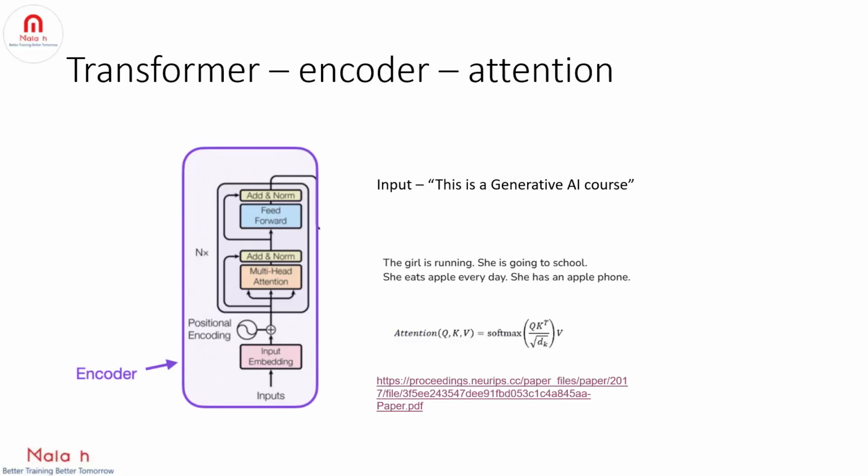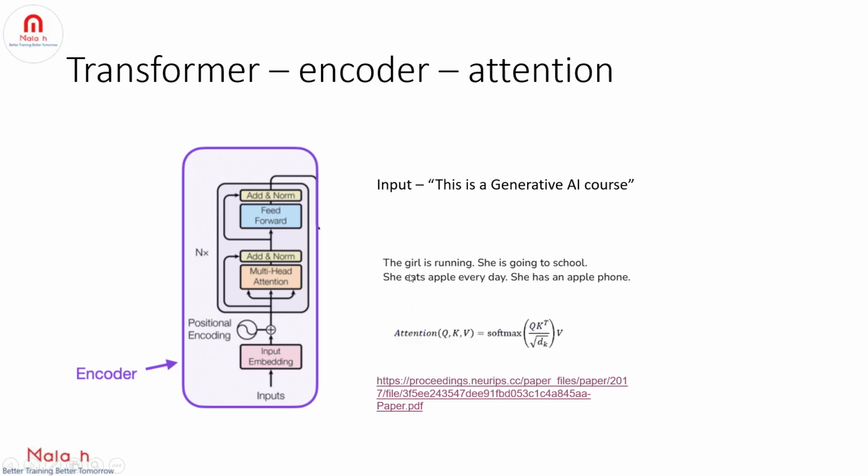And once you have the attention score, the next step is we add and do the normalization, right? So we are normalizing by using softmax here, right? So that is how you can calculate the attention score and solve this problem of whether apple is a fruit or apple is a phone. So attention is all you need.